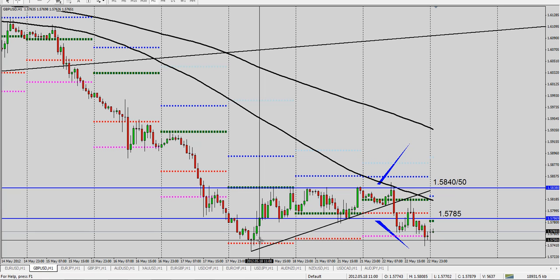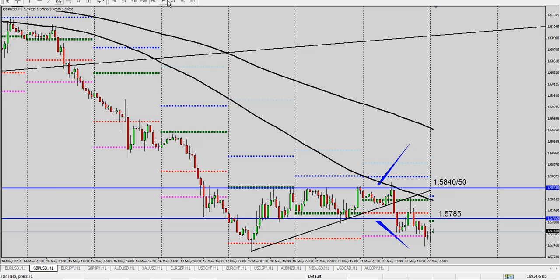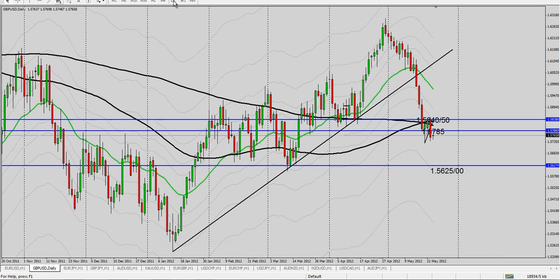So found some pretty good support about 157.50, and we'll find some more at about 157.30, and I think the pair is going to be able to continue down nicely, because if you look at the daily chart here, lots of congestion, lots of consolidation, lots of choppiness. That was two months of just ugly choppiness, and it finally made a little move, and then it came all the way back down here, and now it's just